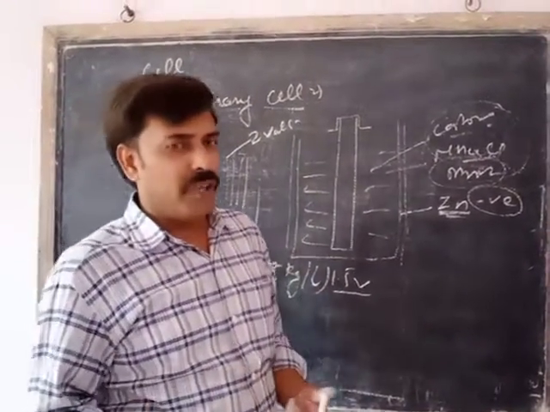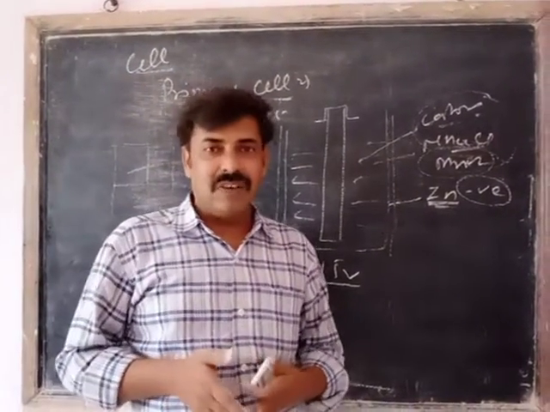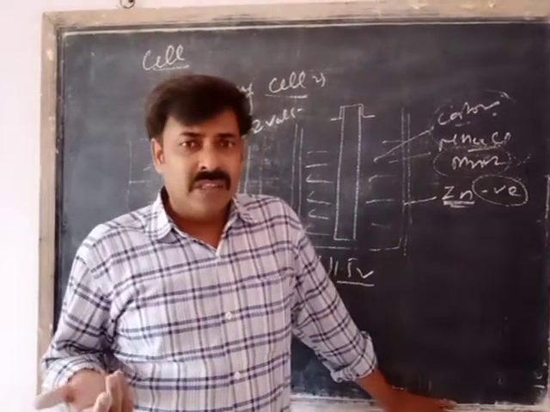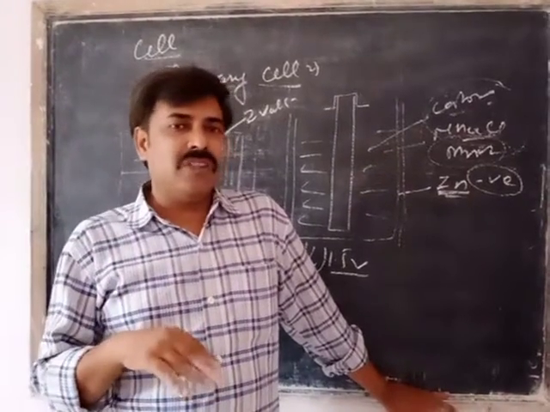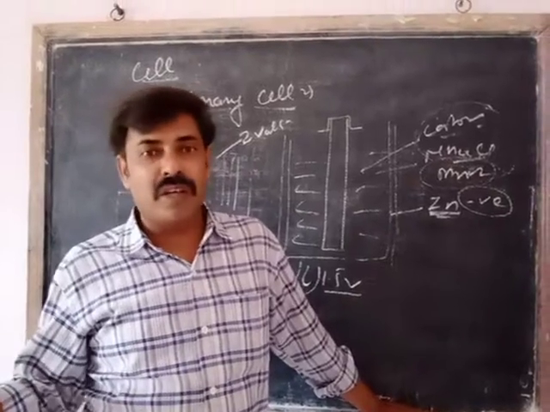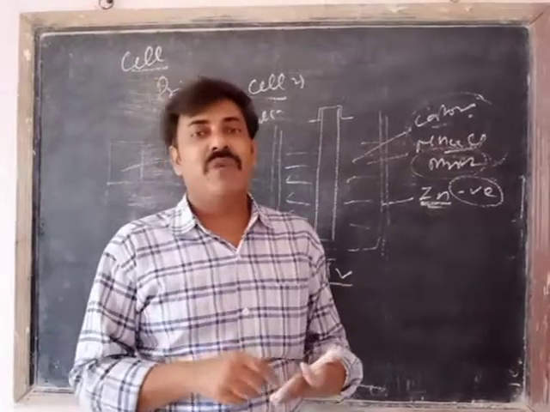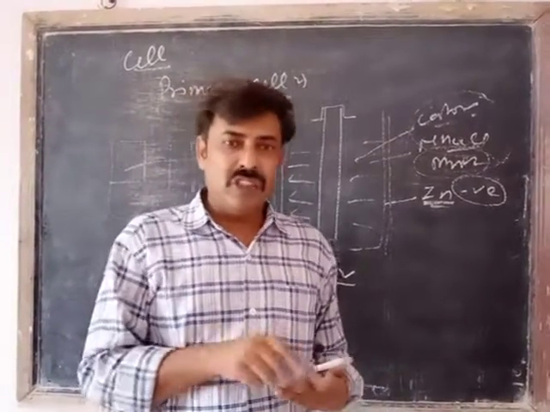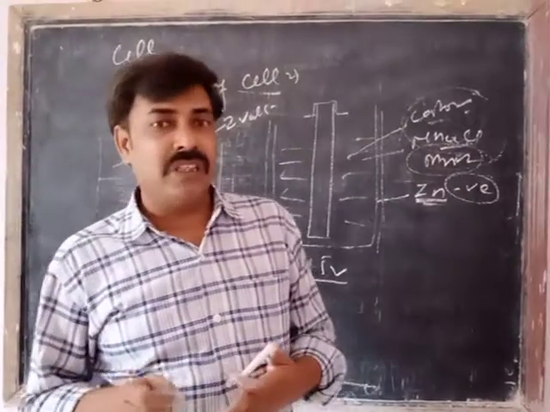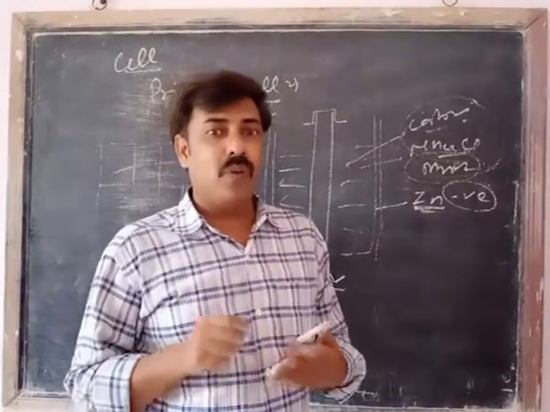Another important cell is the fuel cell, which you have already studied in your previous class, that is class 11, and that is also known as the hydrogen cell. What is special in the case of the hydrogen cell? In the case of the hydrogen cell, the major reaction is H2 plus O2 gives H2O. That means the product is water, which is eco-friendly, and the cell has a very high efficiency. In this way, the hydrogen cell is one of the best cells which is capable of generating fuel energy in the form of electricity, and this is the reason why the hydrogen cell is preferred over other cells.